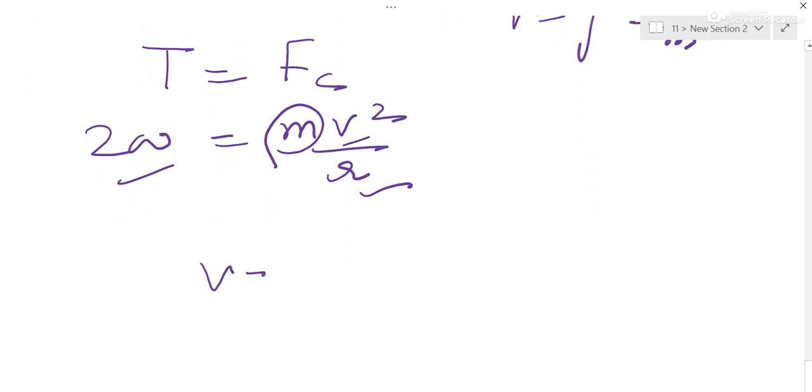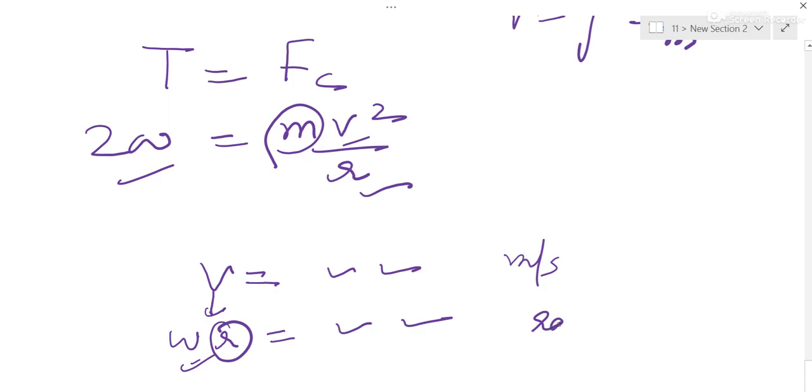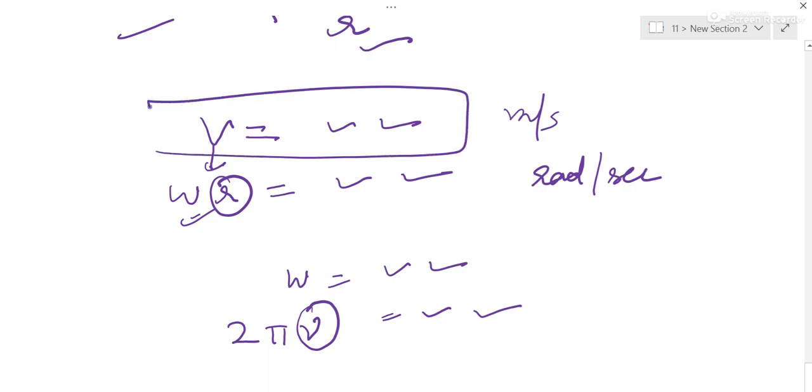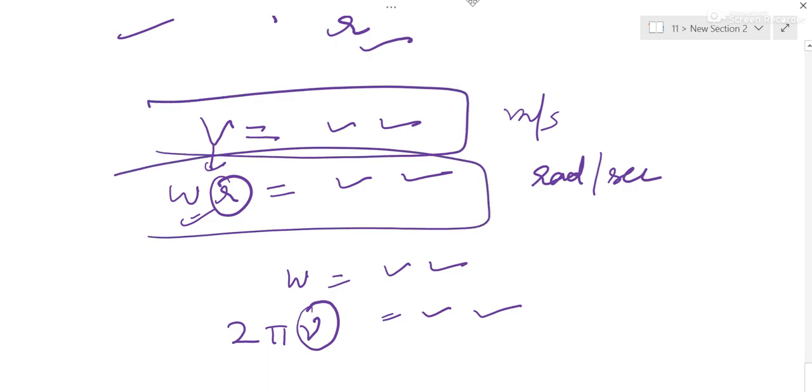Once you have found out velocity, you can find omega also if you wish, because v is this and r is given. So you can report either omega or velocity, it is okay. If you are reporting v, you can report in meter per second. If you are reporting omega, it will be reported in radian per second. Once you have obtained omega, you can find out nu, because omega is 2 pi nu. Nu also you can report, this much revolution per second. So whichever way, you can report v or omega or nu. Getting to the next question. Please check your answers with the NCERT book.